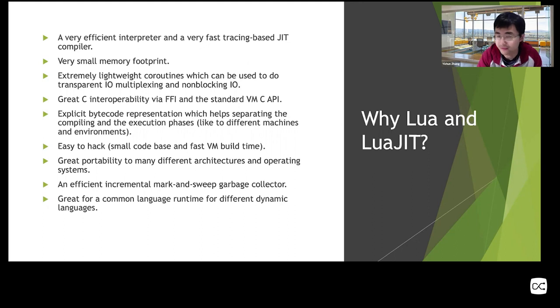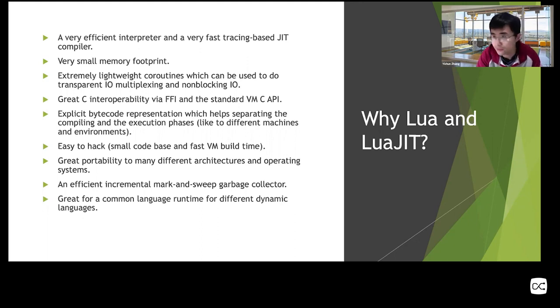But Mike Pall designed a new GC, which is very promising, but nobody has implemented it yet, to my knowledge.